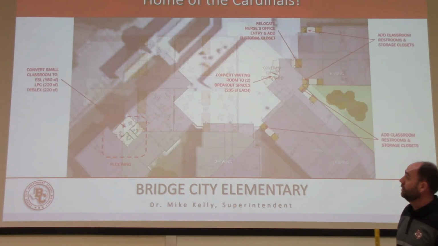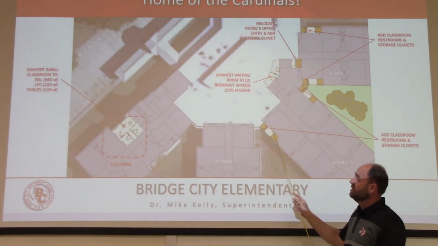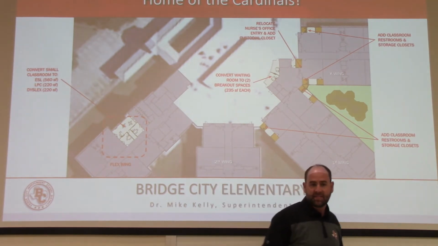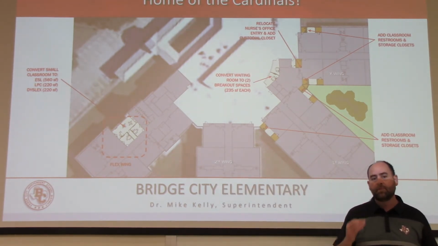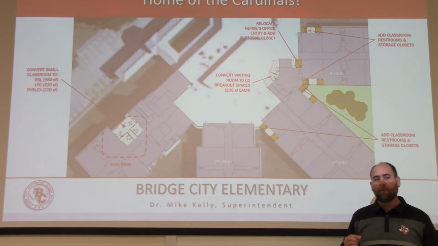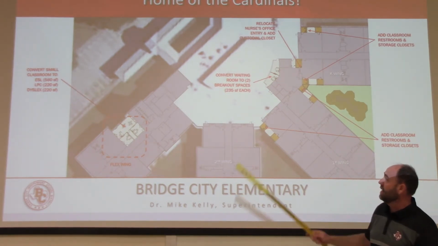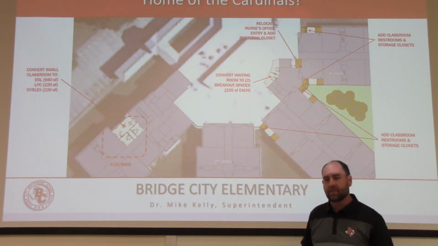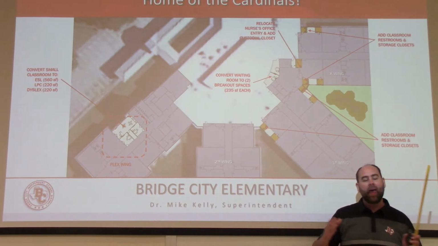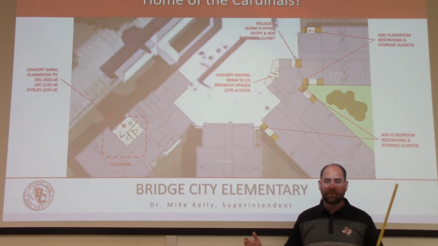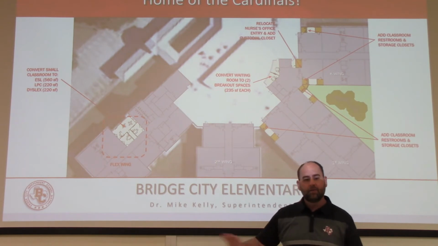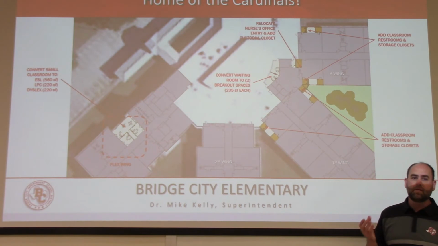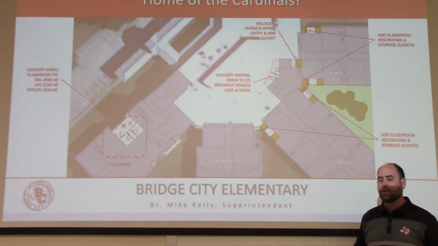The other thing we're doing is some interior renovations. Now I know you've probably heard a little bit about a $4 million maintenance tax note. I want to be very clear here that $4 million maintenance tax note can and will be used on the interior renovations of the elementary campus. A maintenance tax note cannot add any square footage to a campus. As soon as you add 5 feet, you cannot use a maintenance tax note. A maintenance tax note can only be used on the interior of a building.